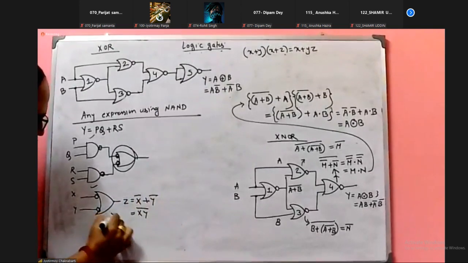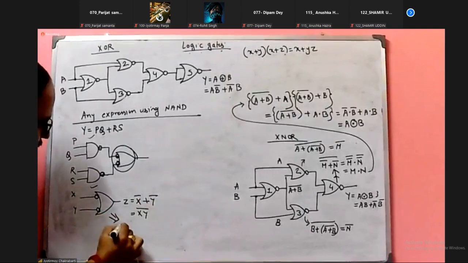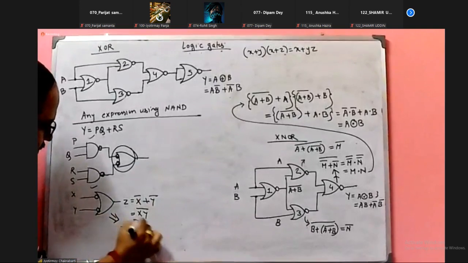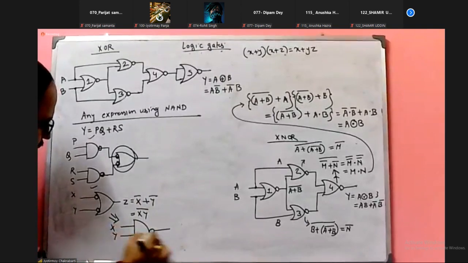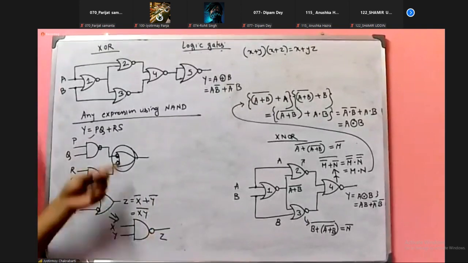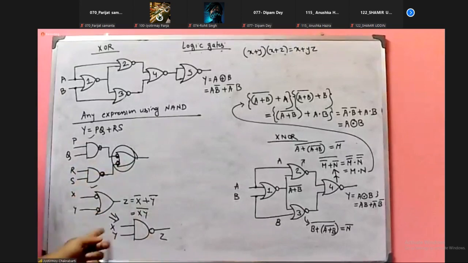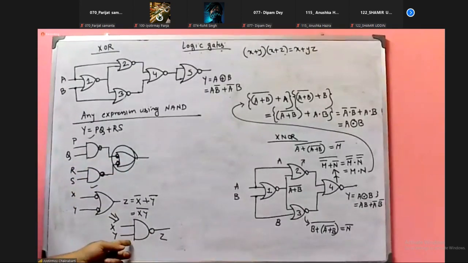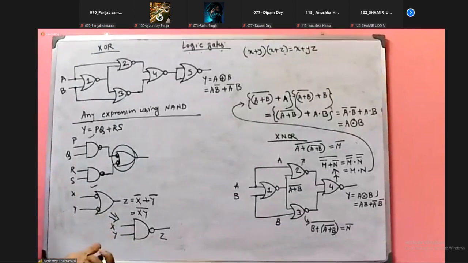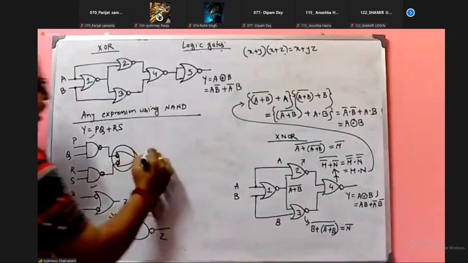So this inverted input OR is equivalent to a NAND gate. Inverted input OR is equivalent to NAND gate. So this circuit now easily becomes